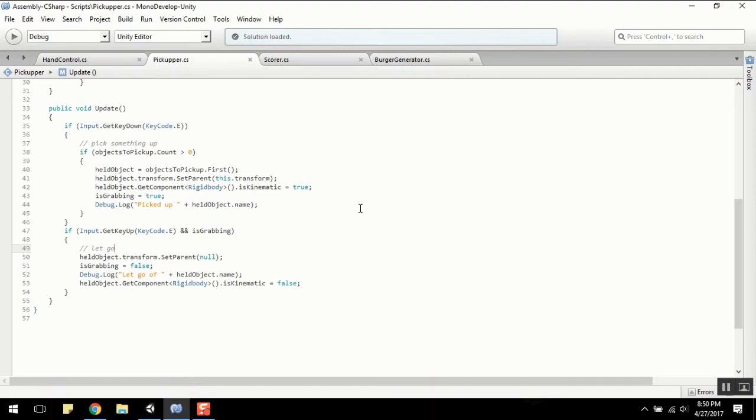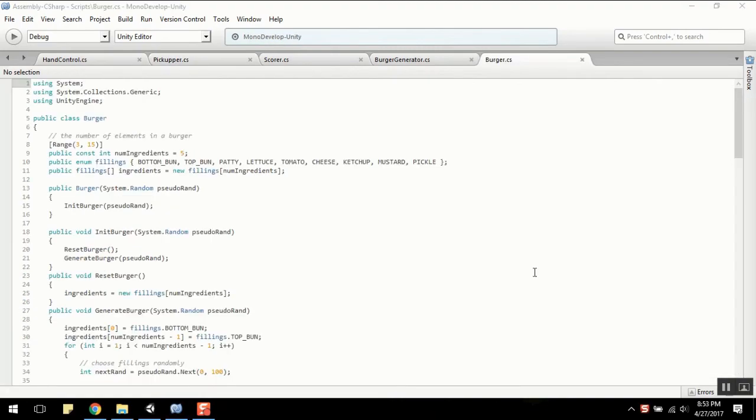Instead, we decided to use just colliders because it had a more logical, natural feel to it, rather than using the raycasters, which were a lot more complicated than we needed for this game. Another important script to the game is the burger generator. This decides randomly which burgers